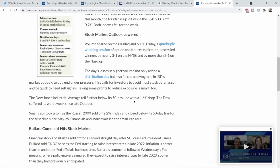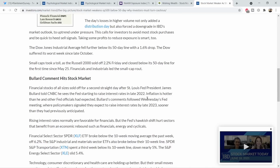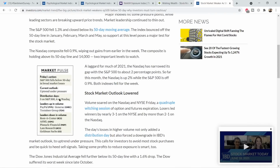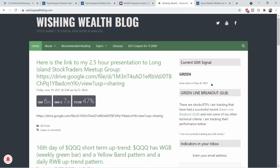And they discuss how they've added some distribution days and how the S&P 500 and Dow Jones are below their 50-day moving averages. They talk about how the Fed has impacted things, but you do have some standouts: DocuSign, CRCT from the IBD 50, as well as HubSpot. Overall, their current outlook is an uptrend under pressure with 5 distribution days on the S&P 500 and 4 on the Nasdaq. Lastly, we've got the Wishbone blog, and overall the GMI signal is still green since May 26th,